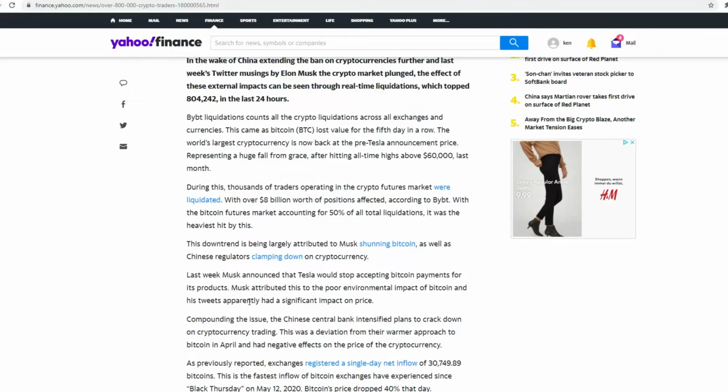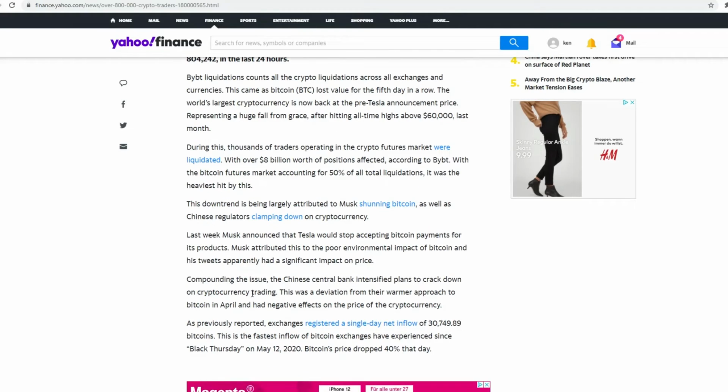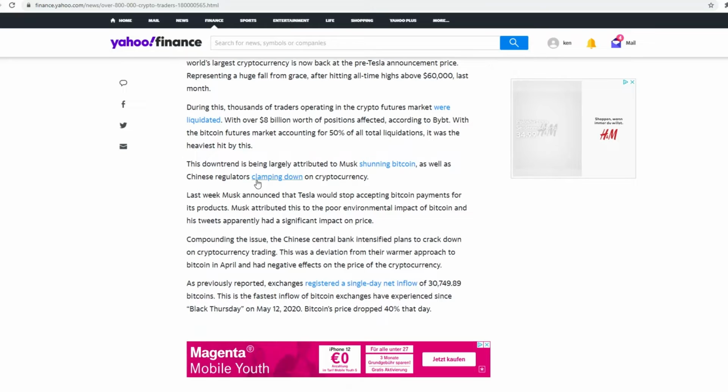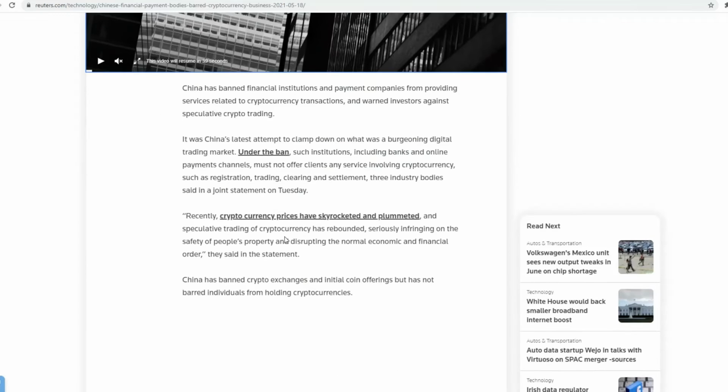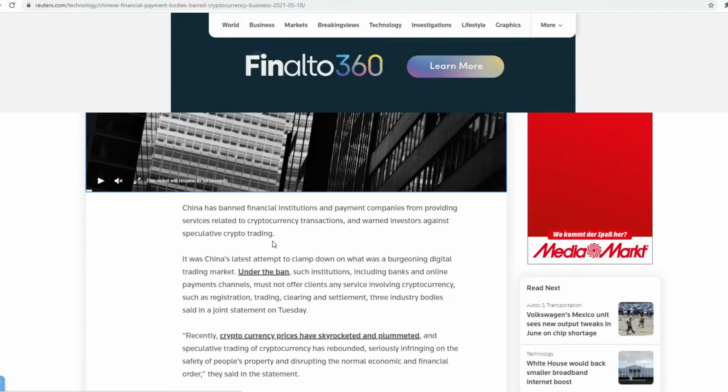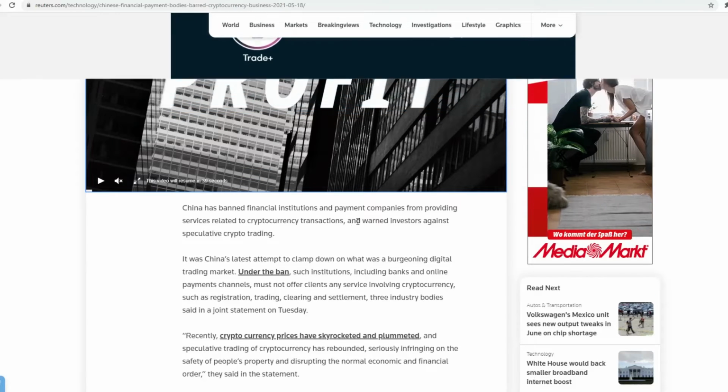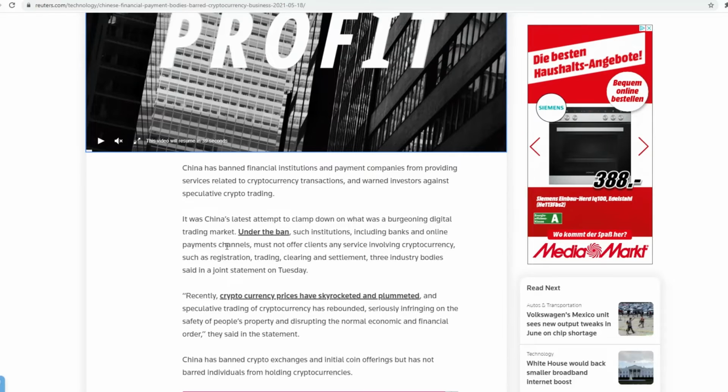There's a lot of negative news, and what tends to happen, being in the space since 2017, I've seen that when FUD or this negative news occurs, it all occurs at the same time. It always happens like that. And then in addition to that, we heard that Chinese regulators are clamping down on cryptocurrency. So here you can basically see China has essentially banned financial institutions and payment companies from providing services related to